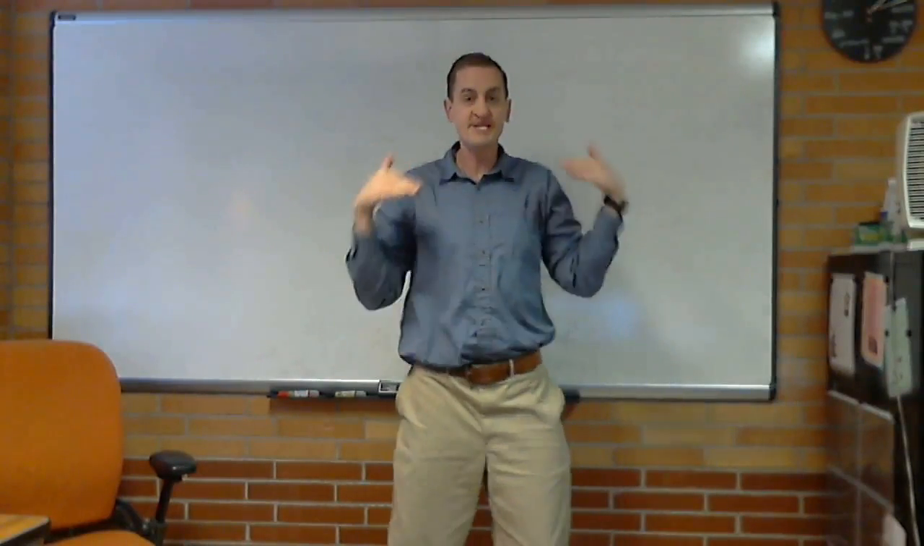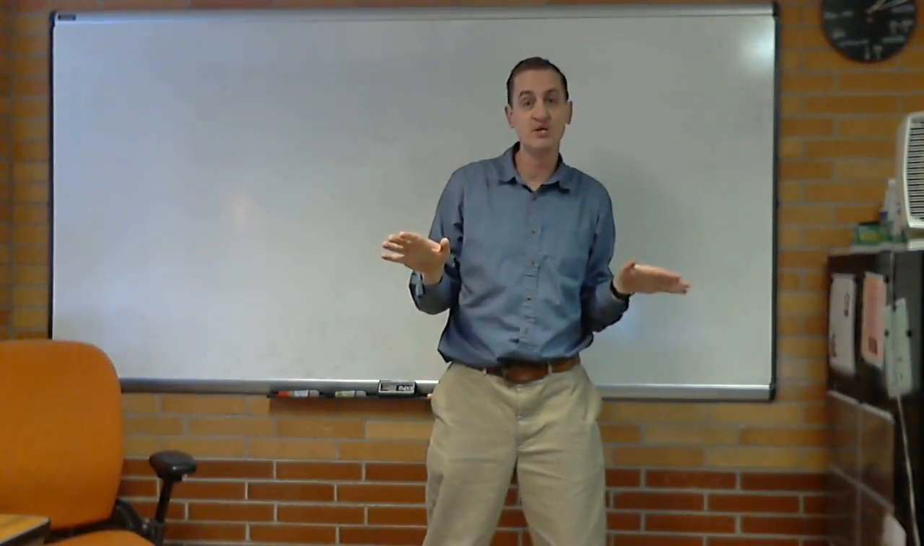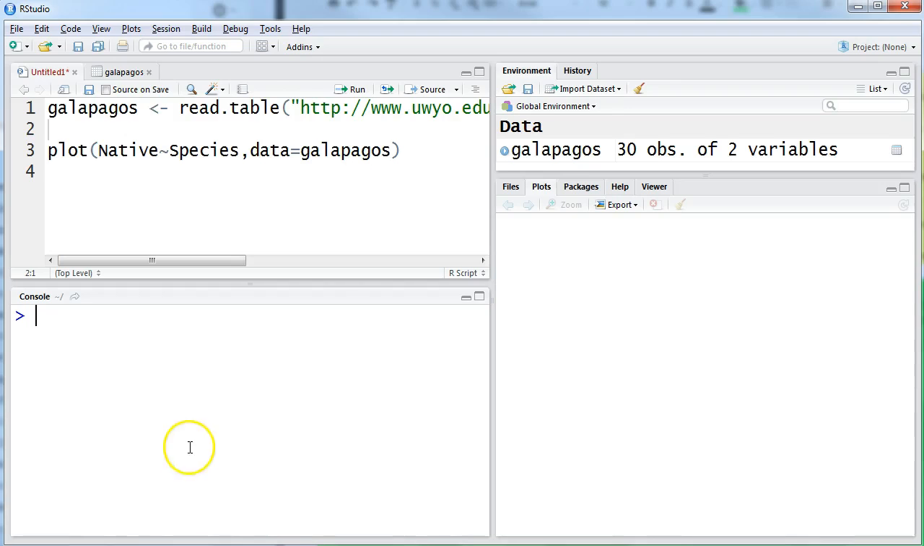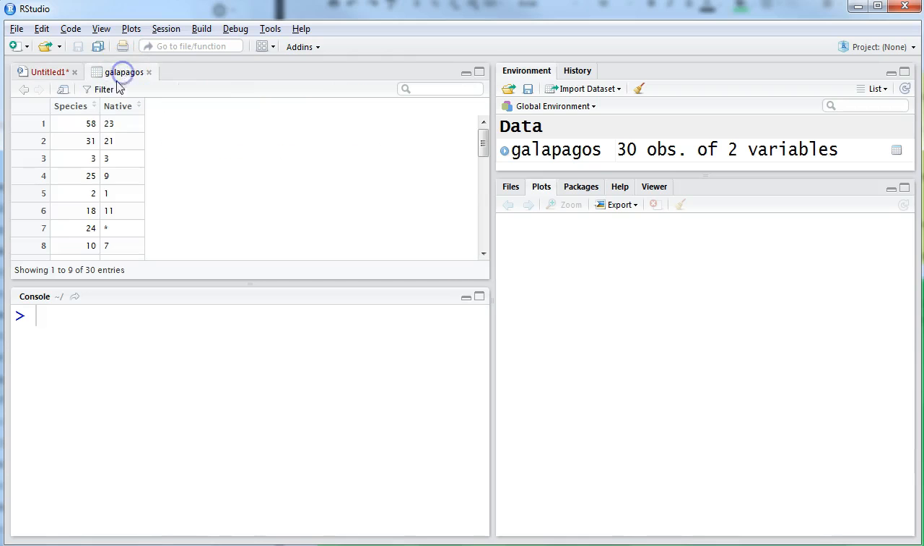Let's do a data set that not only illustrates log, but it's actually real data called Galapagos. This data set has 30 observations. Those are 30 different islands within the Galapagos archipelago. We looked at how many species were on each island versus how many were native back when Darwin was there. So we want to know, if I knew the total number of species, could I predict